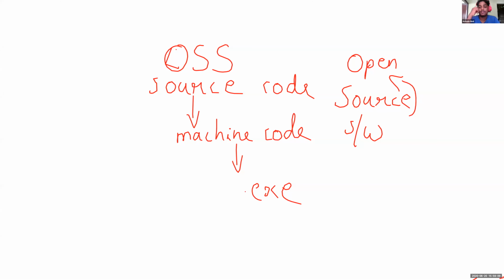But in Python and in Linux, if you go to the site you can see the source code. And if you're an expert in programming, you can change the format of the programming language, or you can do any updations according to your wish. Then there will be a developers team. You have to send it to that team and they will check it. After that, they will apply these updations in their original Python and release it as a different version. Source code is open for certain softwares. That kind of softwares are called open source software. Clear? Any doubt?